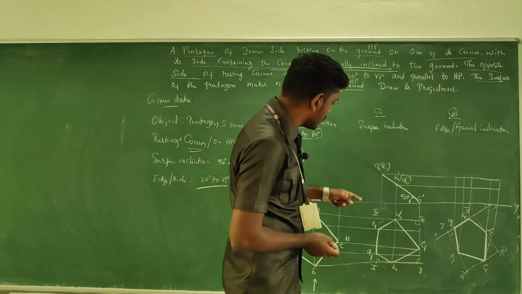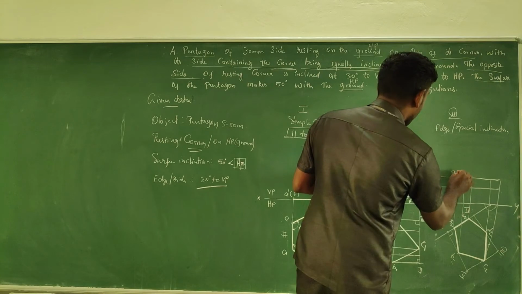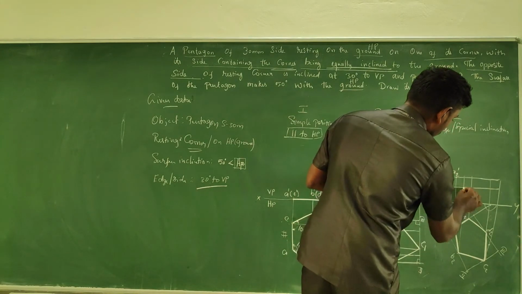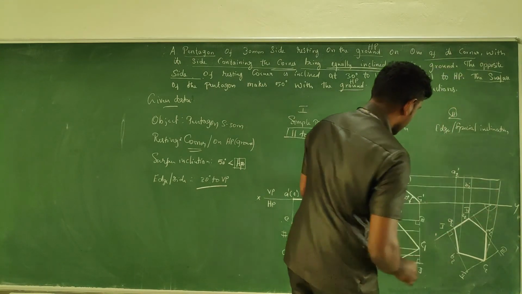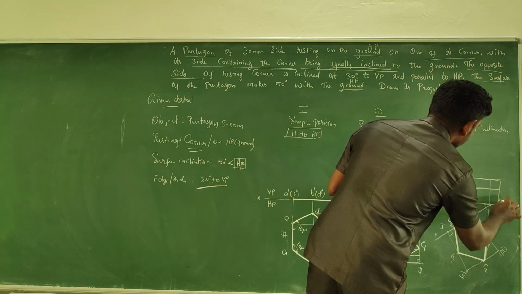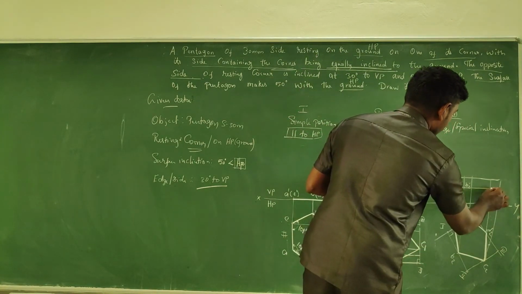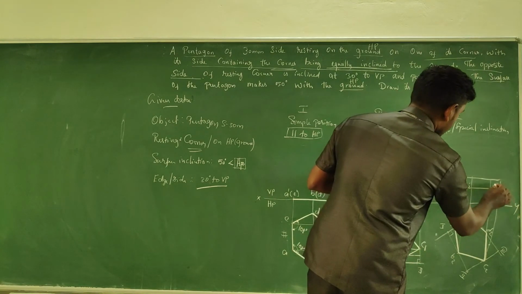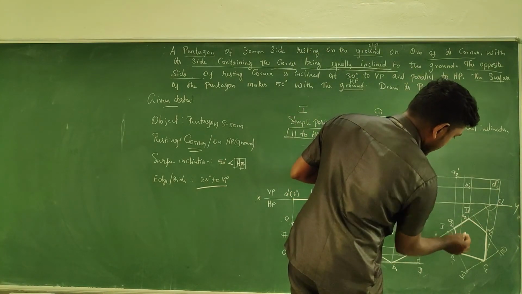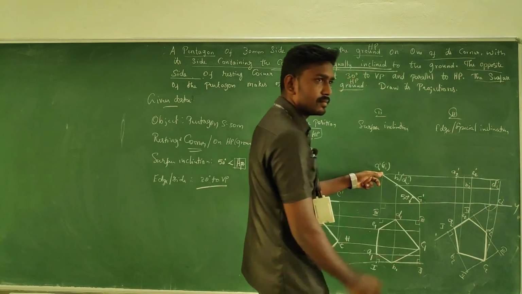So search for A first. A horizontal is coming and vertical, so this makes A2 dash. Here is B. Where is B horizontal? So here is B2 dash. So here is C, and C horizontal is coming here, so this becomes C2 dash. D is here and D vertical is here, meeting at this point, so this becomes D2 dash. Where is E horizontal and E vertical? Here they meet, right? So this one becomes E2 dash.